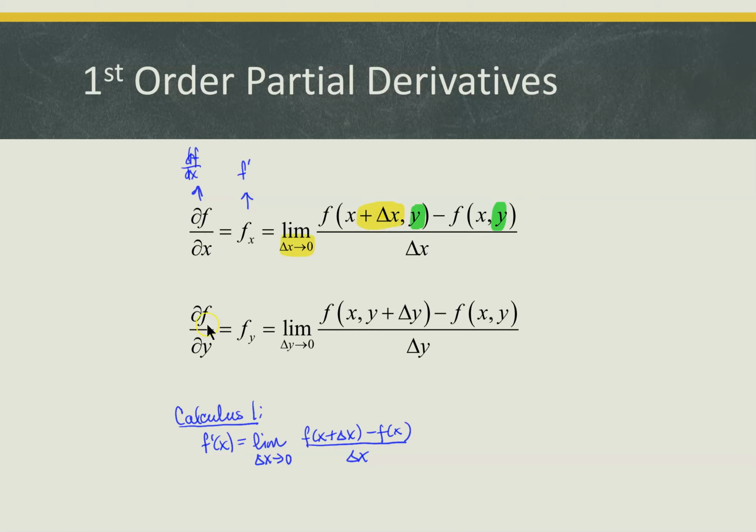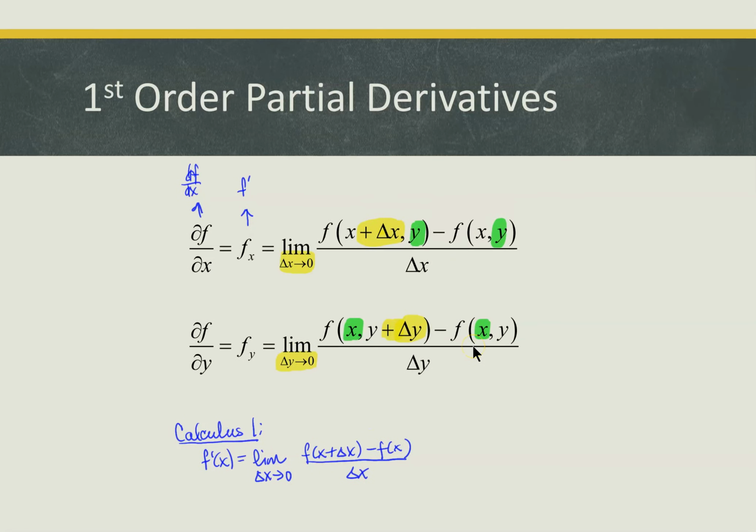Now, notice that we have this partial derivative of f with respect to y. And notice that in this case, we are incrementally changing the y variable. So we have y plus delta y, and we're letting that delta y go to 0, so it's getting smaller and smaller and smaller. So we're incrementally changing y, and we're not allowing the x variable to change at all. We're keeping the x variable constant, and we're interested in what is the rate of change of the function if we incrementally change the y variable. So these are our first two first order